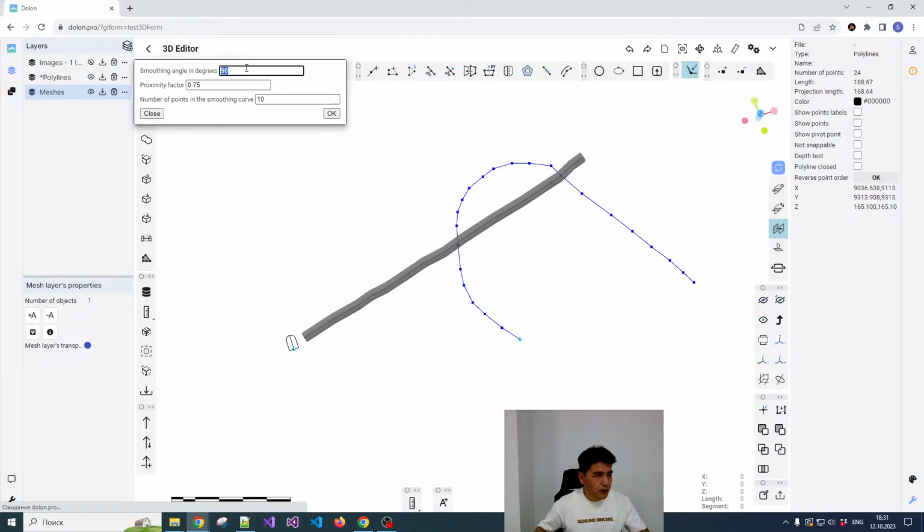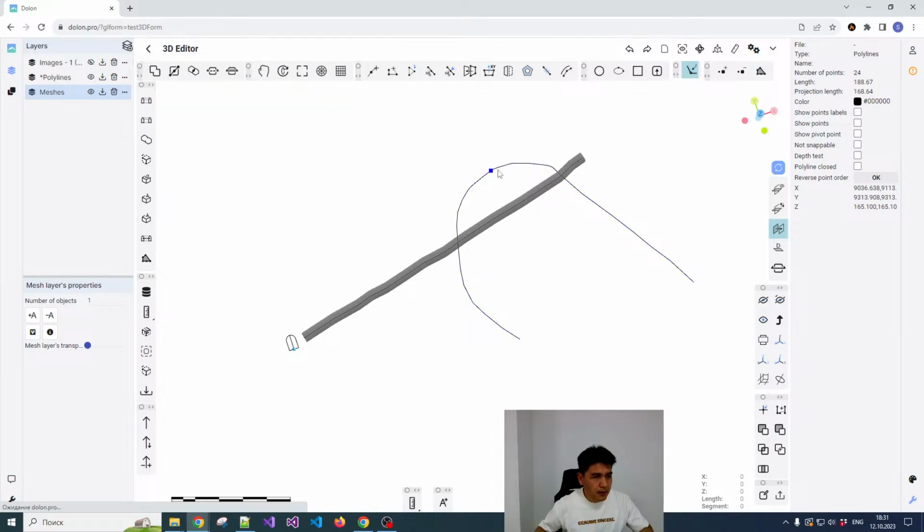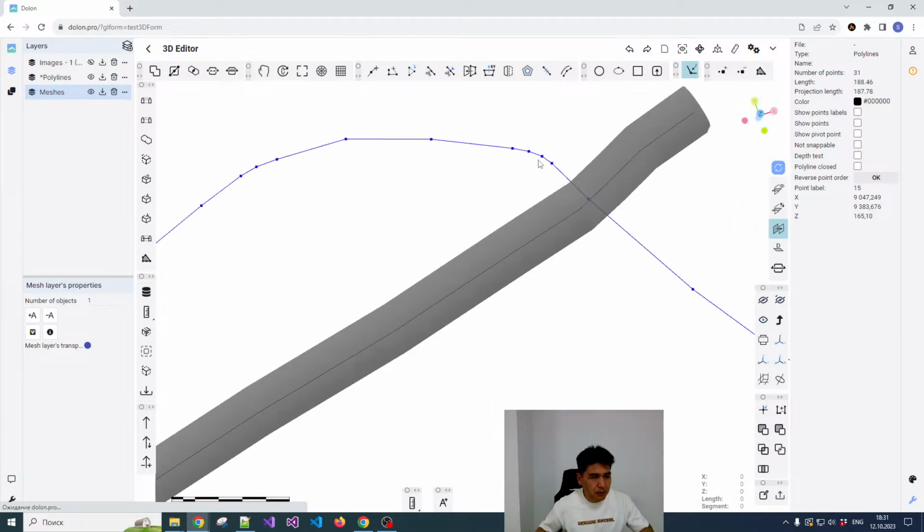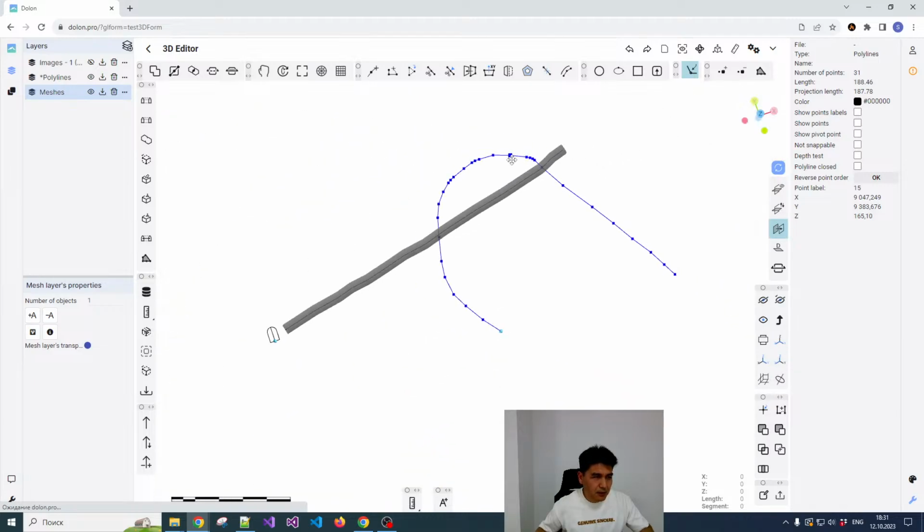So smoothing angle in degrees, that means between two segments the minimum angle needs to be this 90, but in our case we need to put 160 degrees. So here some points appeared, so we smoothed